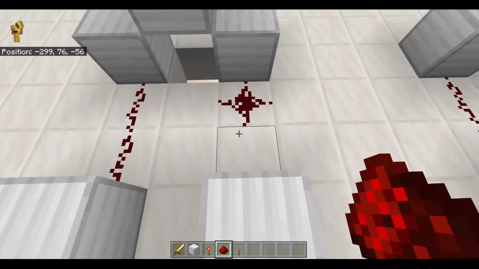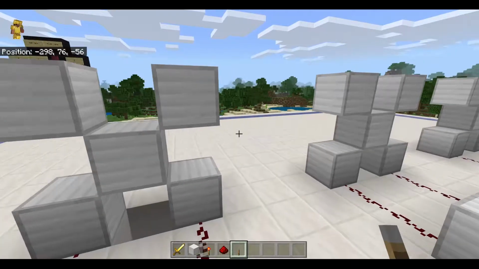First, we're going to be filling up the redstone and the levers,